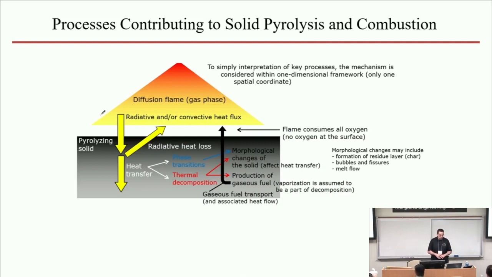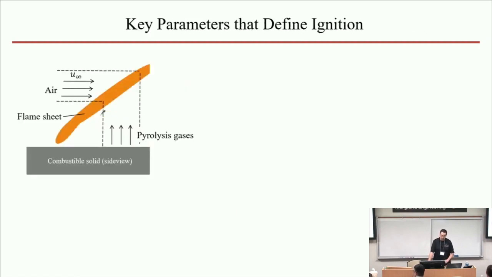That's what we do. So we're going to talk about how these models are formulated and how they're parameterized. But before we do, we're going to make a brief stop and talk about how all this physics actually affects the ignition of the material's surfaces. And here, I'm going to base it on a very simple example. So I'm going to look at ignition as a condition of existence of a stable flame.